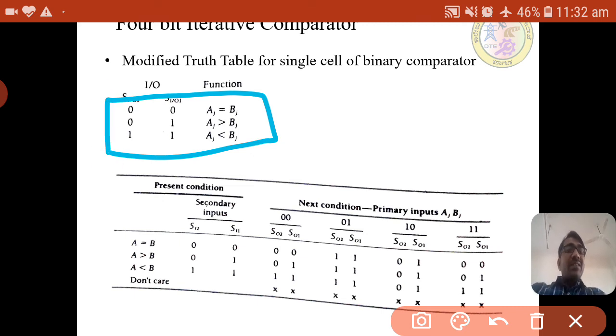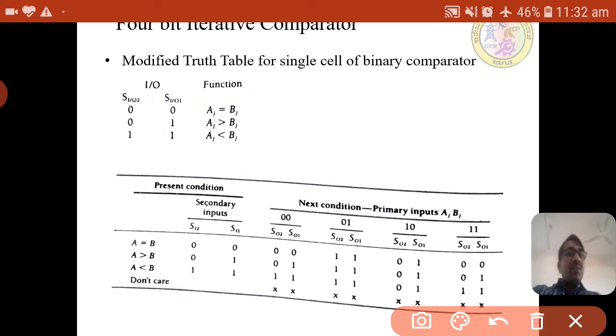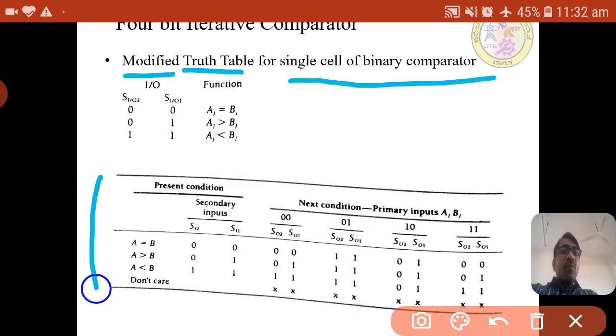By assuming this table, we are designing the modified truth table for the single cell binary comparator. This truth table is for the 1 bit comparator cell. As there are 4 cells for a 4 bit comparator, the 1 bit comparator truth table is given here.